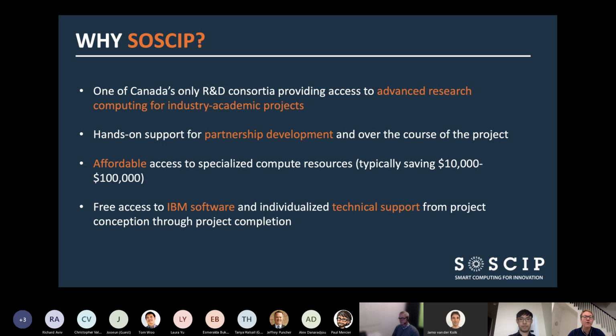The value of these platforms can range, we're providing access anywhere from, we feel, between $10,000 to $100,000, depending on the platform and the duration and the scales. When someone applies to SOSCIP, you have access to all of our platforms. As Faye talked about the different systems, maybe someone's interested only in the cloud, but maybe somebody sees a need for both clouds and GPUs and maybe even parallel CPU systems. So we scale the computing platforms based off the needs of the project, and you're not limited to any one platform. You do have access to all of our technologies as part of a proposal to SOSCIP.